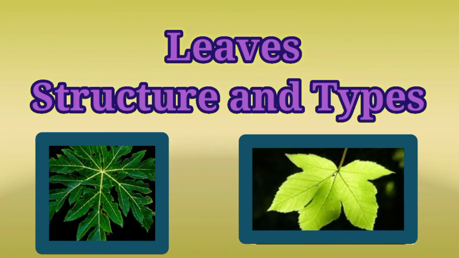Good morning, students. In this module, you will learn about the various parts of a leaf and various types of leaves also. You must have seen different types of leaves around you. There are some leaves which are very narrow and some leaves are oval. Some leaves are circular shaped and some are extra long. You must have seen leaves having a tapering tip like peepal, and you must have seen leaves which are segmented. So let us learn about the different parts of a leaf.